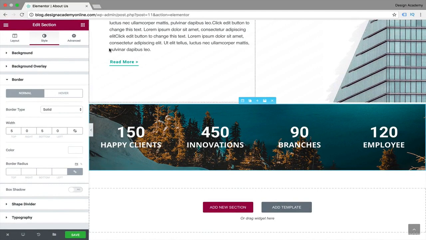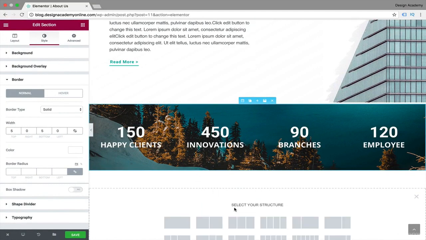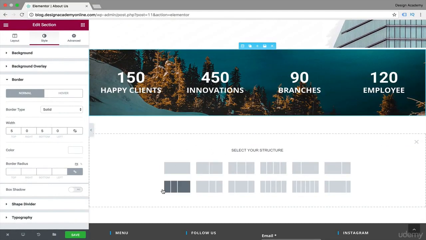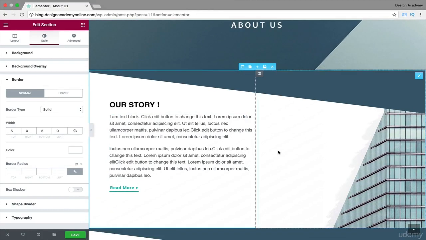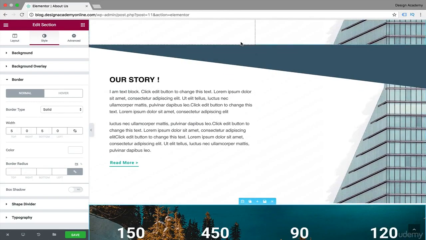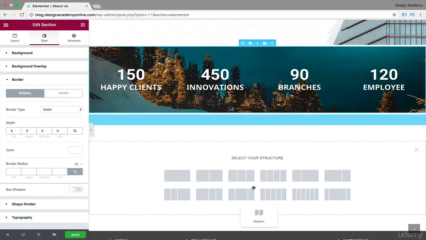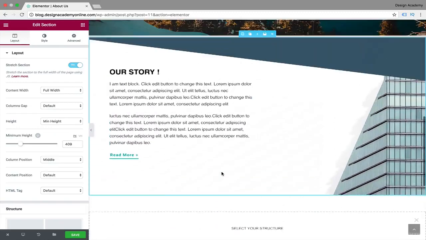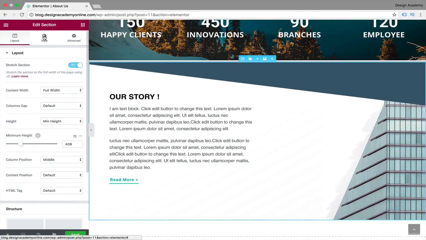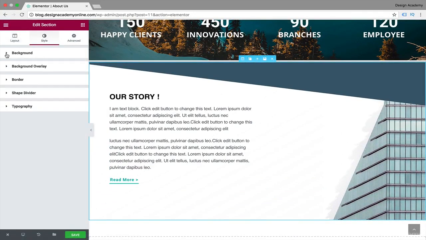And now we're going to add another section, and it's going to be including our progress bar, which can be like that, or we can use that previous section to be duplicated, and then we're gonna move it to the bottom in here. Okay, for quick styling, we're gonna get rid of our shape divider for this section,